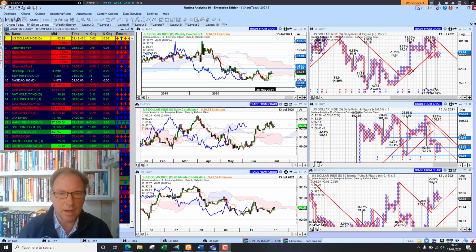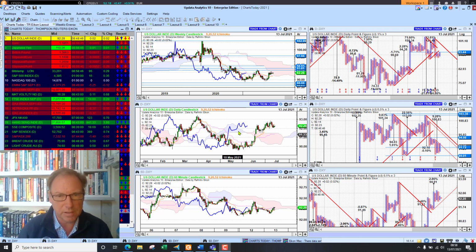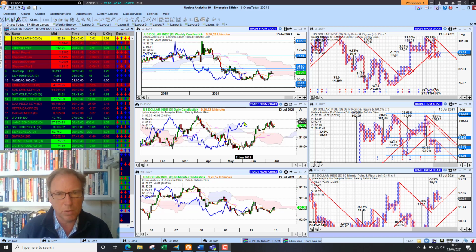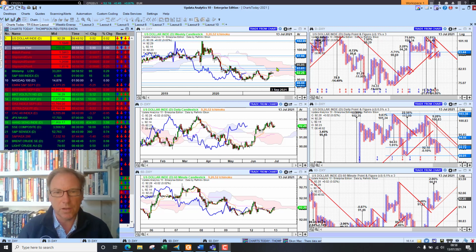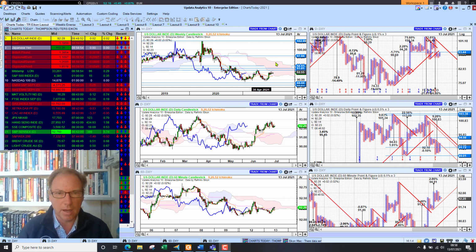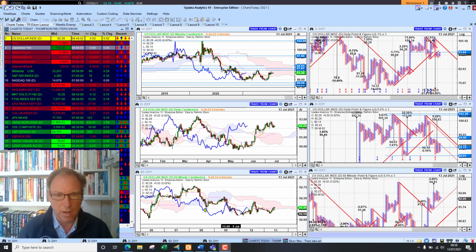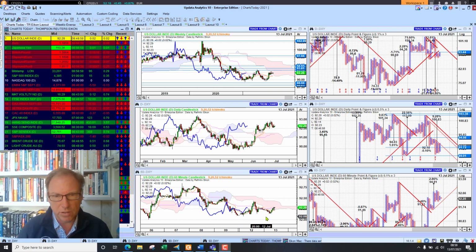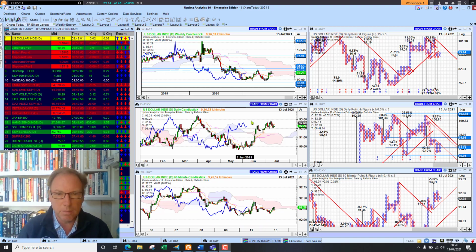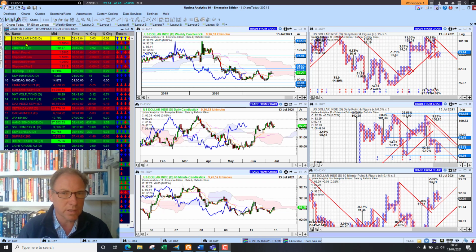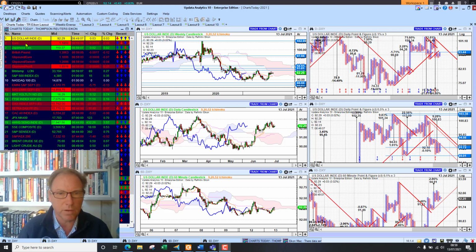So we see here on the dollar index, we've moved back into medium-term bullish territory. We need to break this 94 level on the dollar index to make a higher high to see a resurgence in the dollar. So for the moment, we are short-term bearish, just falling away a little bit over the last few days, but the medium-term transition is interesting, and just watch for that new high above 94.